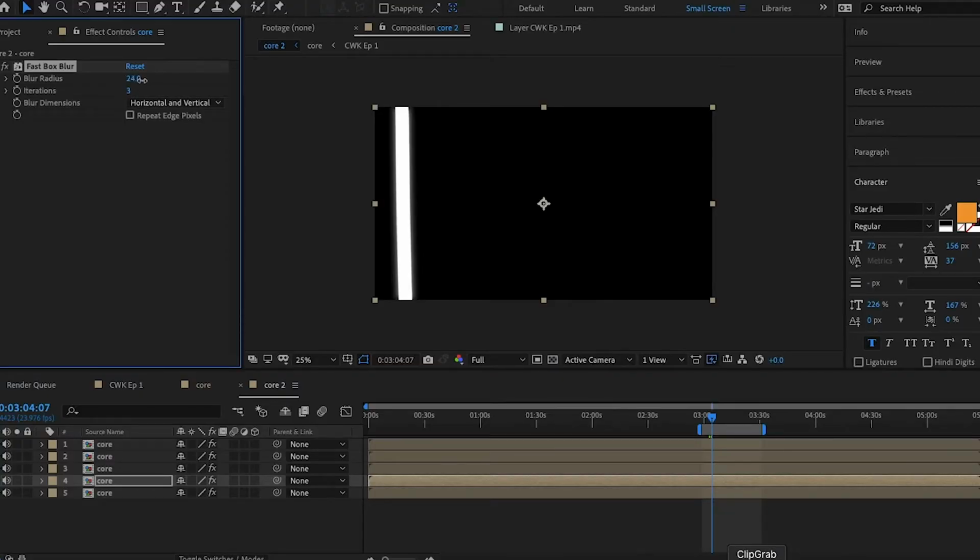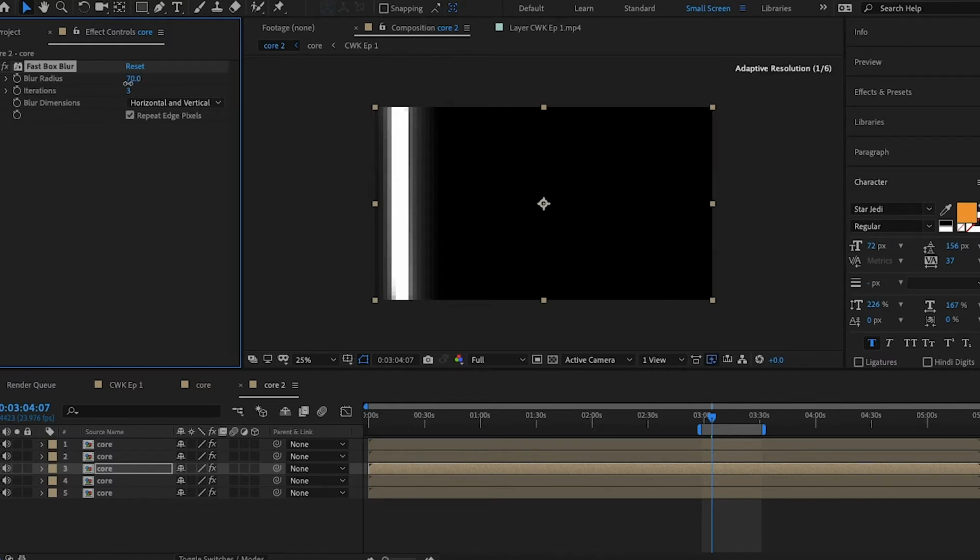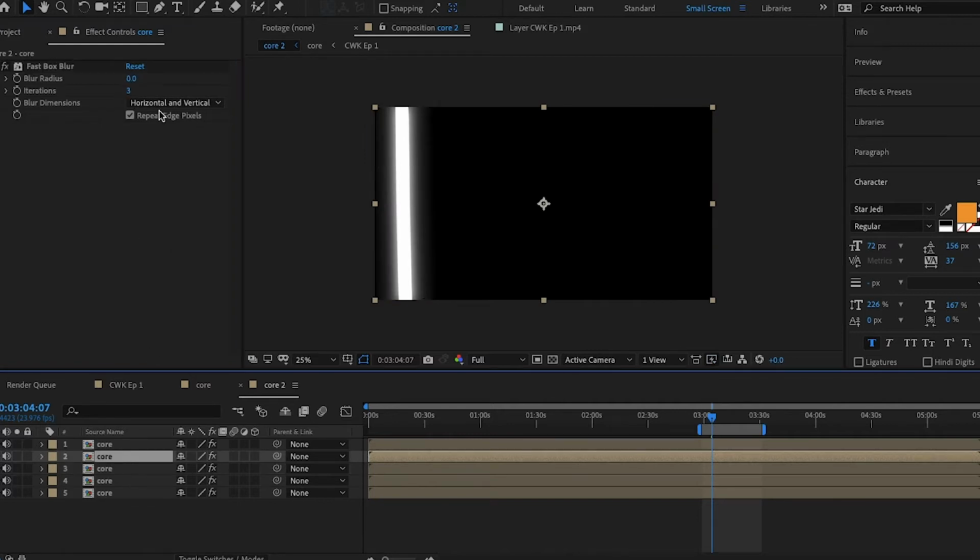Okay, another moment where I explained it poorly in my video clips, so here we go. Before you even hit Command D, go to your original clip, where it says core right here on my screen. Before I made any of these duplications, I went to Effects, Blur and Sharpen, Fast Box Blur, and then make sure you have Repeat Edge Pixels clicked, and then you can go and make your duplications. That way,